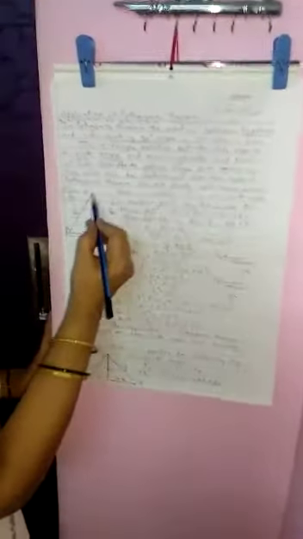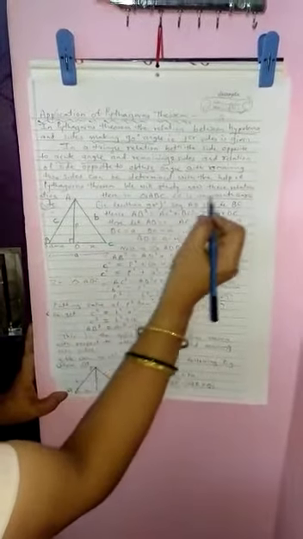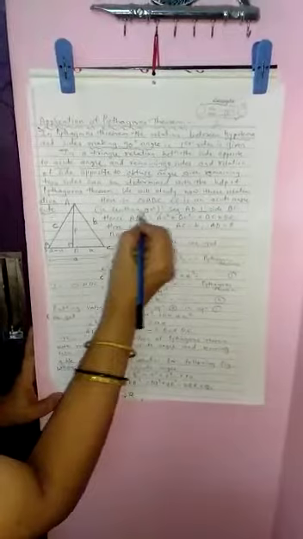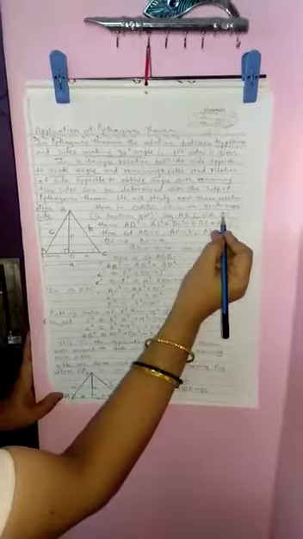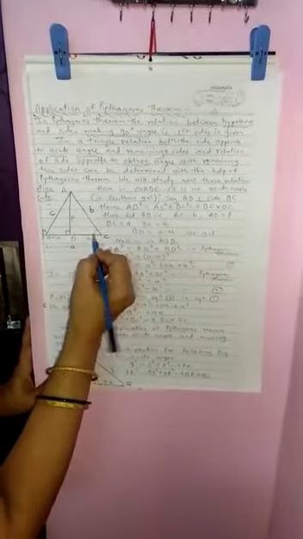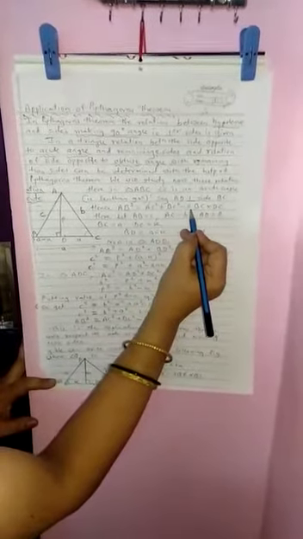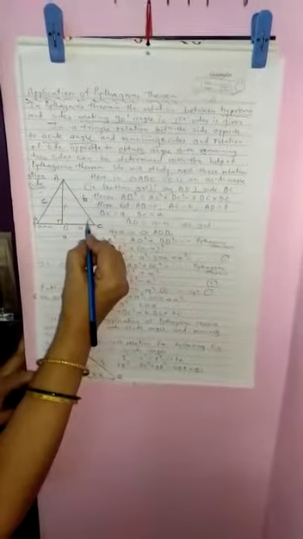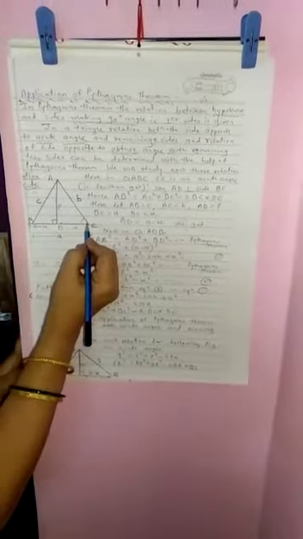So here in triangle ABC, angle C is an acute angle, that is less than 90 degrees. Acute angle means the measure is smaller than 90 degrees. Segment AD is perpendicular to BC. Now for this acute angle, what relation are we getting? AB square is equal to AC square plus BC square minus 2BC into DC. Opposite to this acute angle, AB square is equal to AC square plus BC square minus